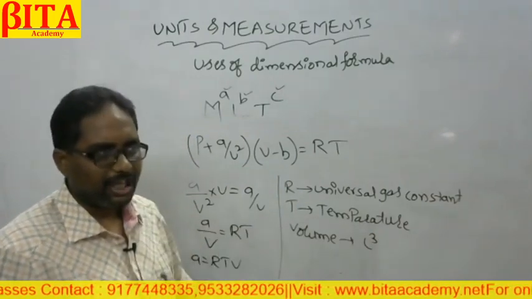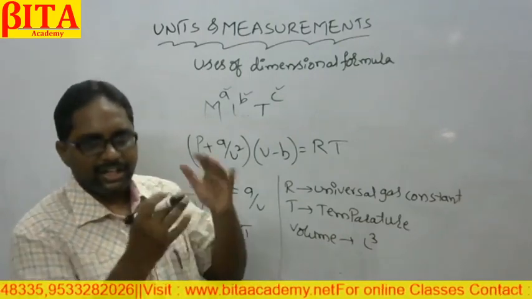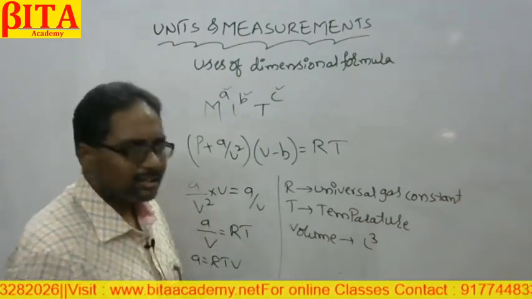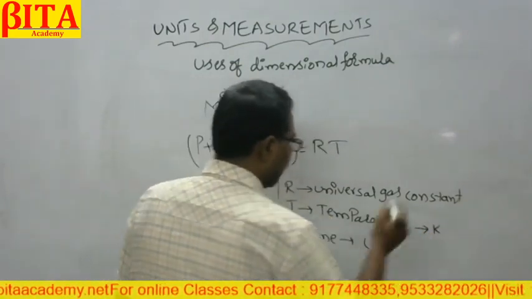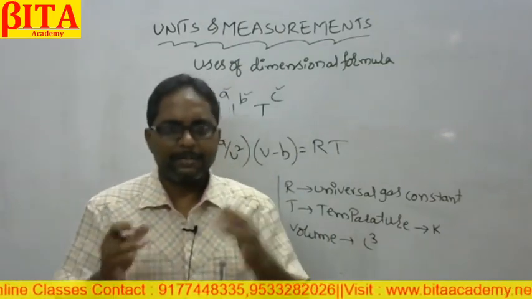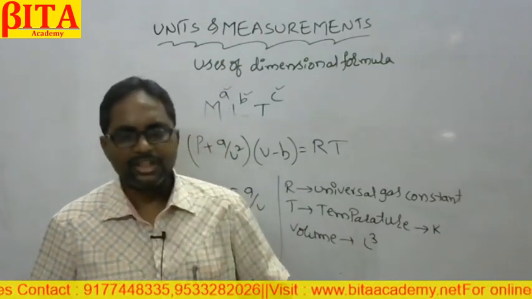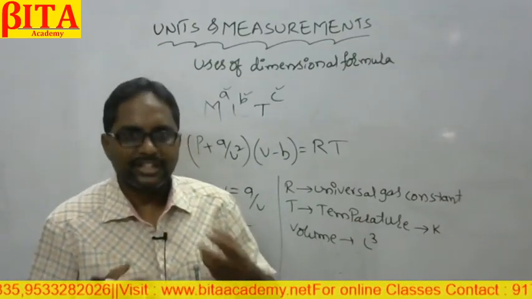And temperature, thermodynamical temperature, is one kind of fundamental physical quantity in the SI system. Further, the dimensional formula generally will be K. And it is somewhat typical to write the dimensional formula of the universal gas constant. So let us write down the dimensional formula of the universal gas constant.